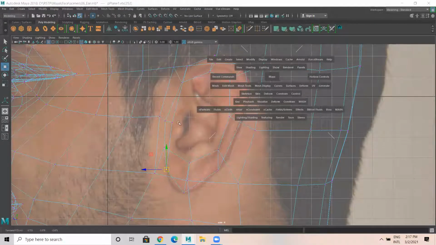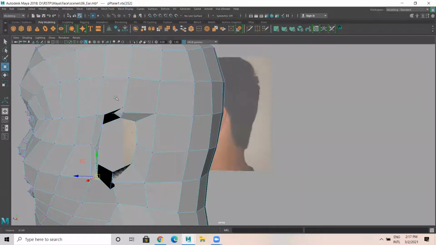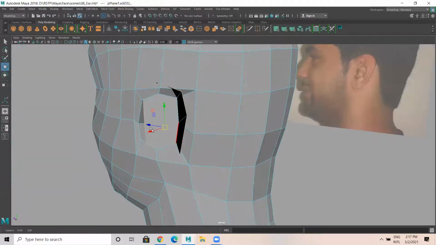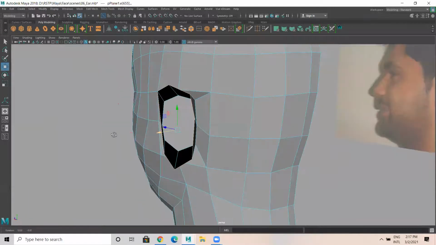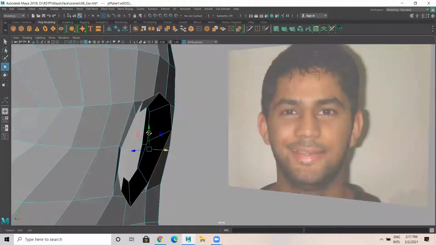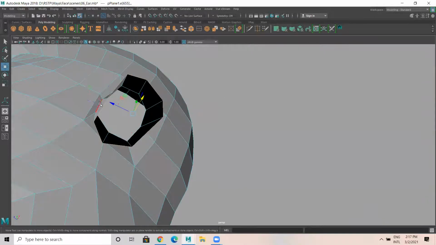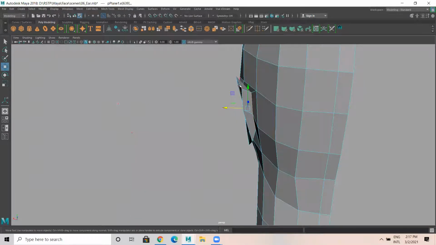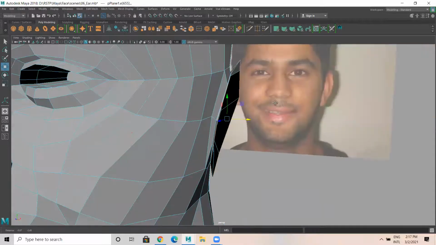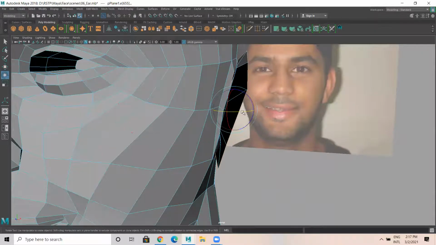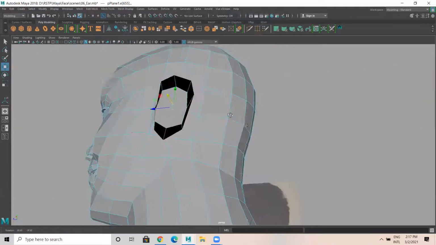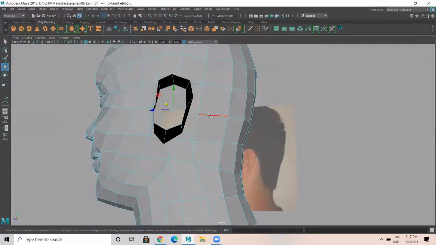I'll just show you how it is coming. So just bring it outside. Okay. A little bit. And this one, you have to rotate it like this and bring this outside, because this has to come like this, no? Okay.